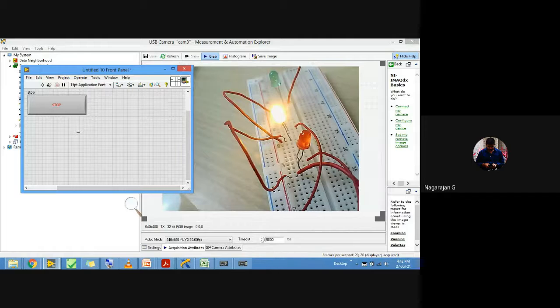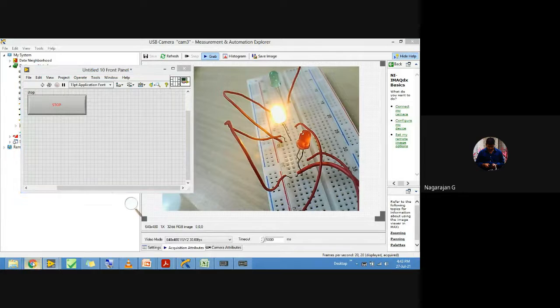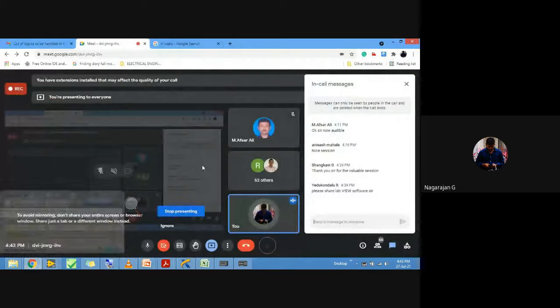So this is how you can read and write, or generate and acquire, the digital signal using myDAQ hardware. Initially, we just saw how to simulate, and now we have seen how I can connect the real-time hardware and how I can develop a small application. So this is a small demo about data acquisition. Fine. So with this, the concept for acquiring an